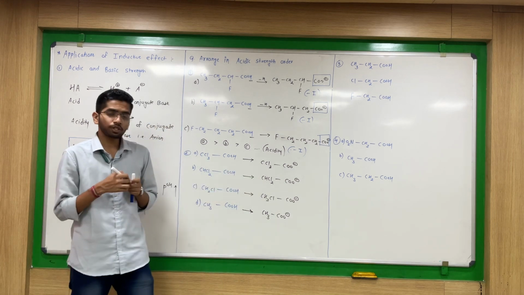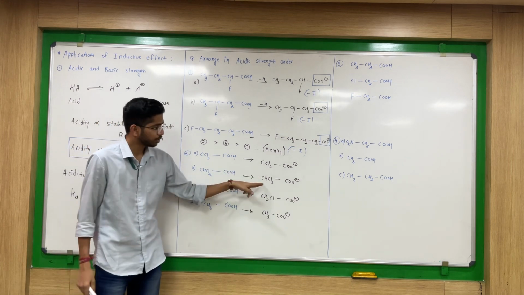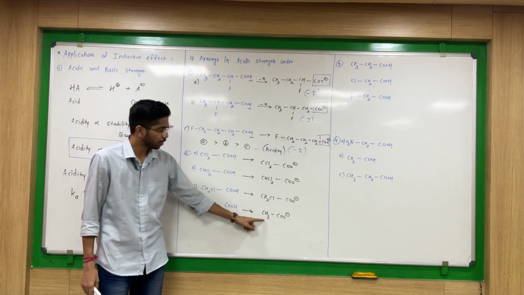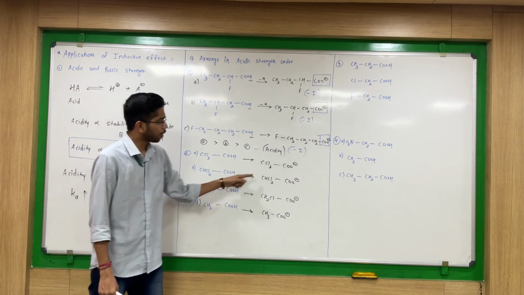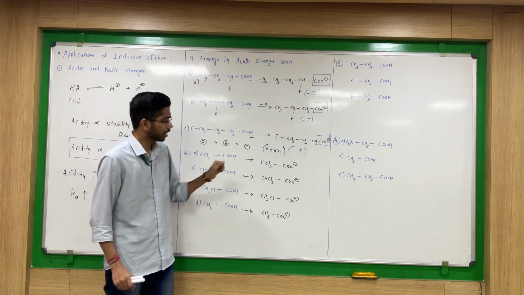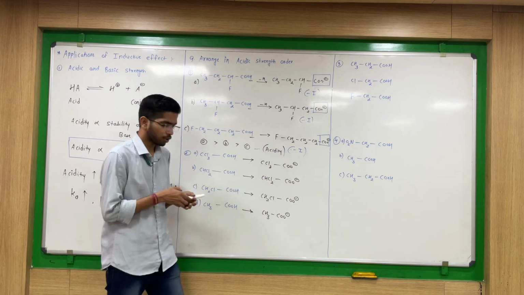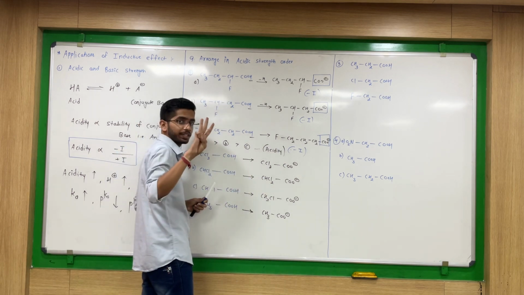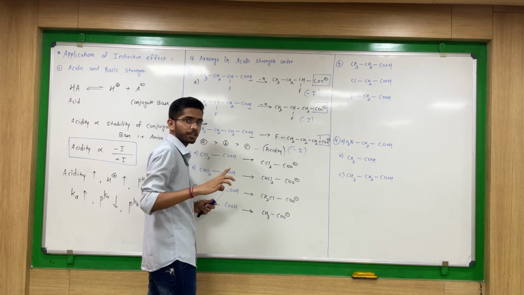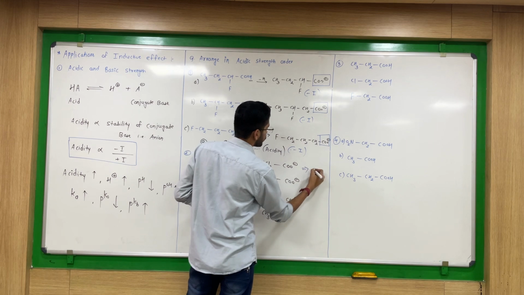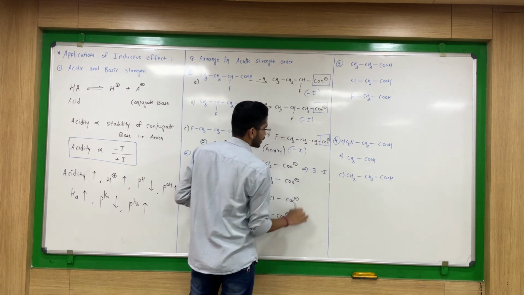Now look here. Which groups are attached to the carbon? Chlorine. Here 1 hydrogen, 2 chlorine. Here 2 hydrogen, 1 chlorine. Here all are hydrogen, the CH3 group. Now here we have to see which effects are working. First thing, Cl3 is there. Means what? Minus inductive effect. How many minus inductive effects? 3 chlorine are there. 1 chlorine, 1 minus inductive effect. 3 chlorine, 3 minus inductive effect. So here I have 3 minus I effect in the first example.